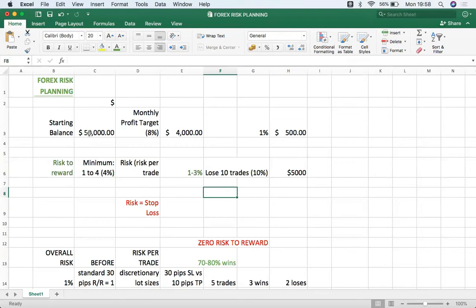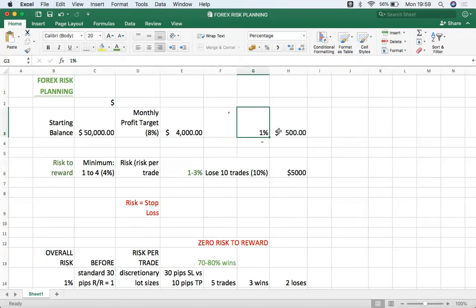So technically, we are told that we should risk about 1 to 3% of our account at a time, right? I'm sure you've had that, yeah. What is the industry standard? 1 to 3% at a time. So if you're risking 1 to 3% at a time of your account, let's say you're risking at a minimum 1%, that means you're risking $500, which is 1% of your 50K account.